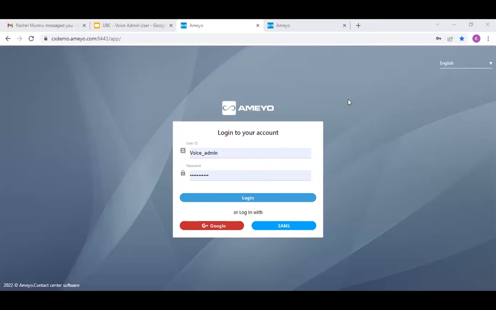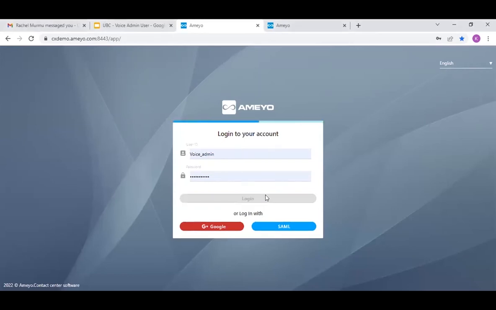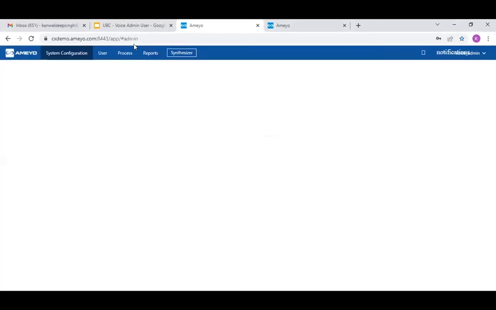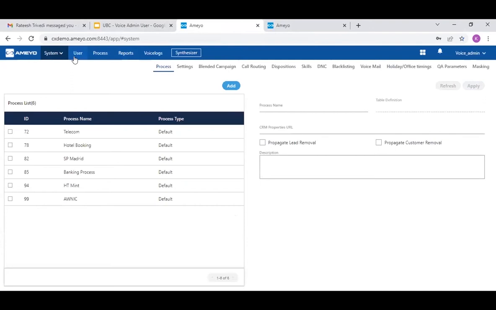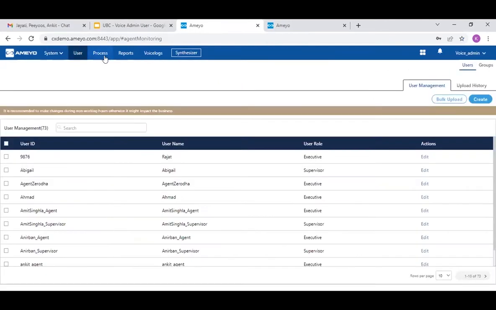Sure. So basically, it is going to be a web-based interface that we are offering to these admins. As an admin, what I can do is put in my user ID and the password to work in the system. Now, once I am logged in, I will be able to see various tabs over here. One is a user tab, another is a process tab. So let's come under the user tab first, where we will be designing those particular users.